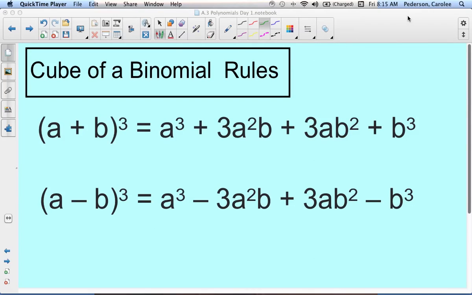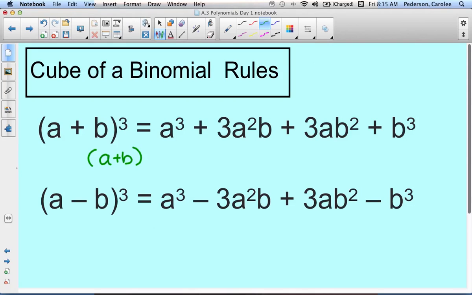This is talking about cubing a binomial. One way you can cube a binomial is you would take a plus b times a plus b times a plus b. And then you would FOIL, FOIL, FOIL till you're all done. Or we can use this rule, let me erase this,